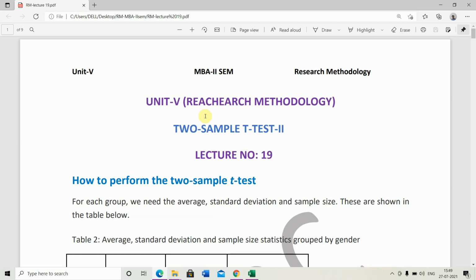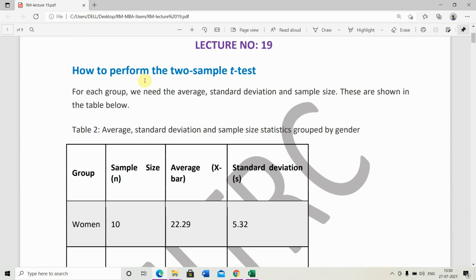हेलो स्टूडेंट। आज हम रिसर्च मैथोलॉजी के यूनिट नंबर 5 में पढ़ेंगे लेक्चर नंबर 19, टू सैंपल टी टेस्ट को। इसे हम आगे डिटेल में पढ़ेंगे। हाउ टू परफॉर्म द टू सैंपल टी टेस्ट। टू सैंपल टी टेस्ट कैसे परफॉर्म किया जाता है।